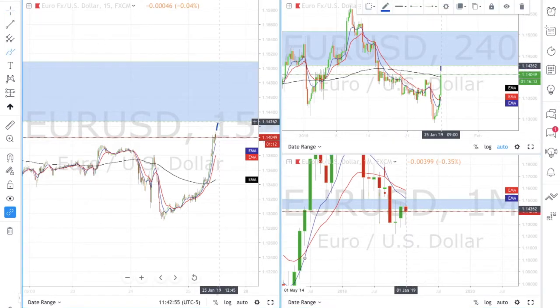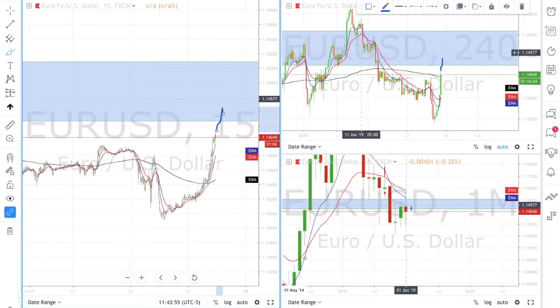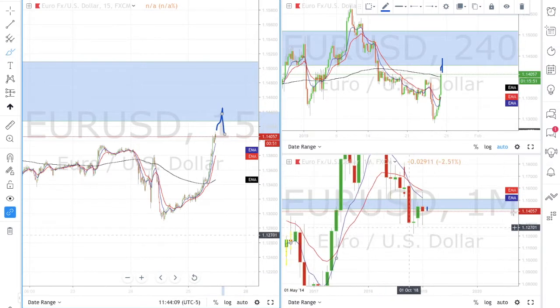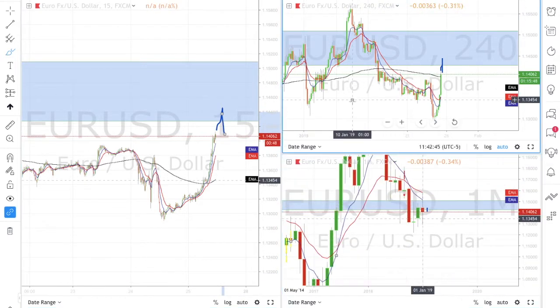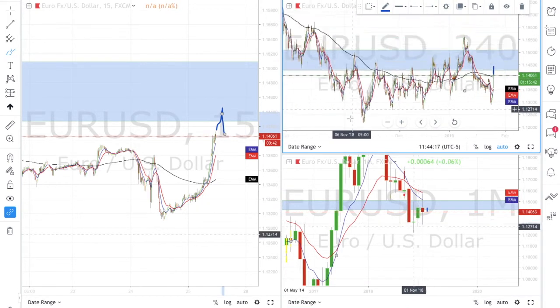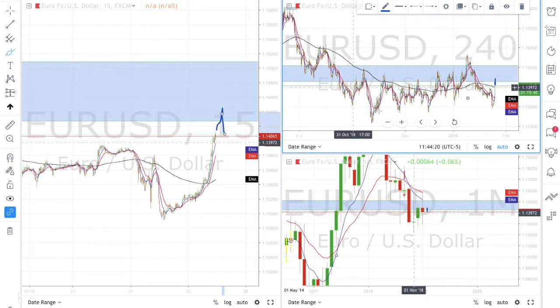So this, just a low rise. Maybe even come up to this area just because there's a lot of resistance over here. You guys can see that. So it could probably come up to this area. But guess what, guys? This looks like it's going to drop. Euro USD looks like it's going to drop. Now, I'm trying to show you guys where that big crash happened, when everybody was freaking out. Oh no, Euro USD dropped. That's my impression of traders. Anyways,